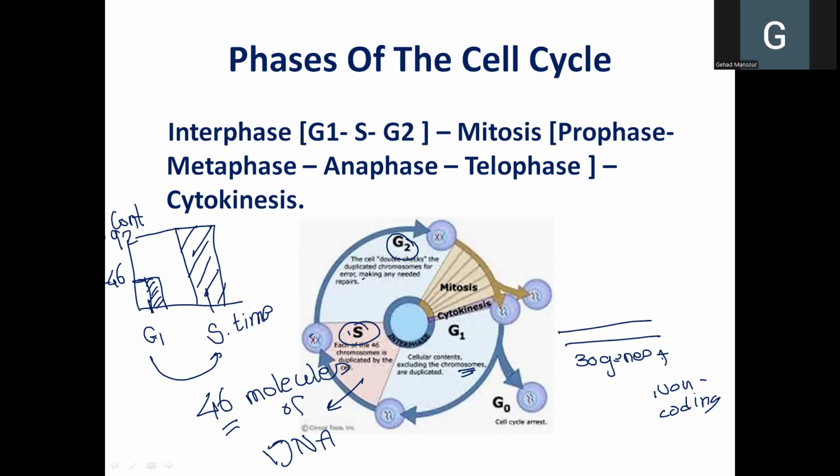We are very concerned with the duplicated chromosomes because they carry the code or the genetic material that will determine the accurate and correct synthesis of all the proteins in your body. And then when everything is okay, when the check mechanisms in the cell say that there are no errors, or that all minor errors have been repaired,